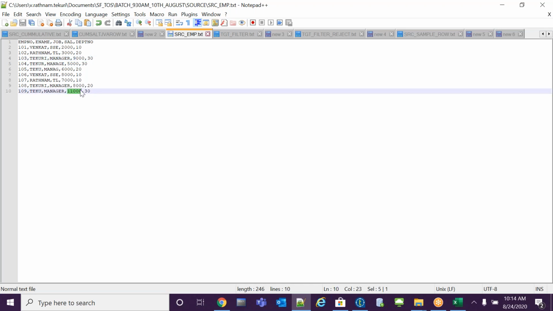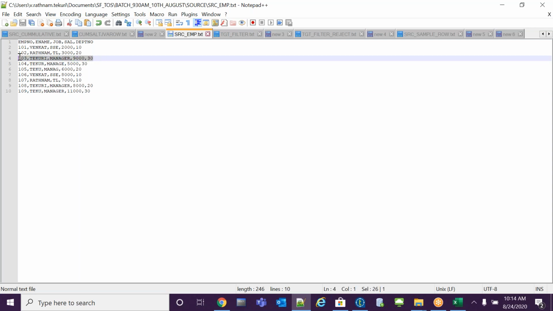Okay, 11,000, this one. First maximum value 11,000. What is the next maximum value? 9,000. This record I want to load into my target. This is called the second maximum value. How to do it in Talend?